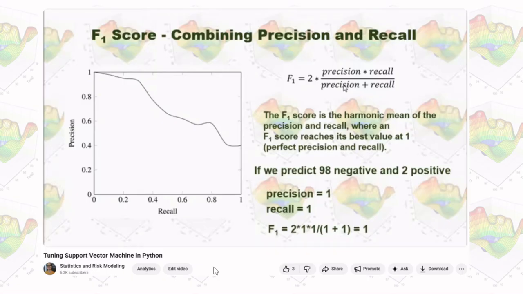About the metrics I used in this model, if you are not familiar with precision or recall or F1 score, you can watch my previous video, Tuning Support Vector Machine in Python, where I explained all those concepts in detail.